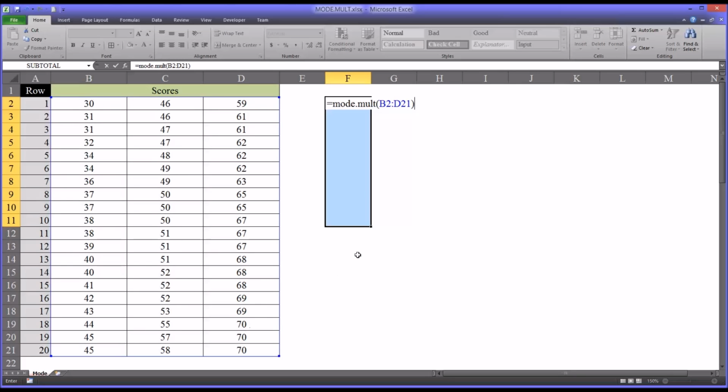And before hitting enter, what you actually want to hit is Control-Shift-Enter. So you don't want to press enter. You want to press Control-Shift-Enter all at the same time. That'll enter this function in all these cells, F2 through F11, as an array. So Control-Shift-Enter,